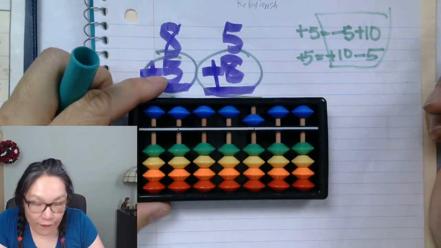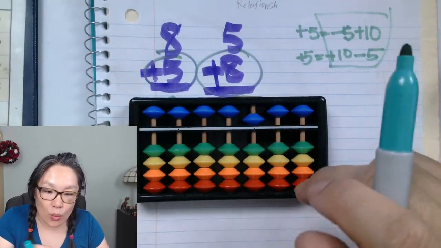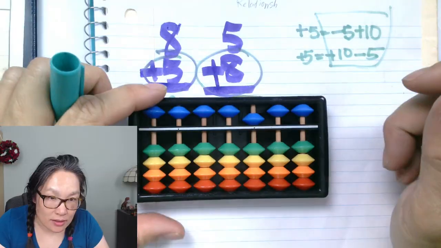So when we do it, we have 5, right? And then we want to plus the 8. When we plus the 8, notice,